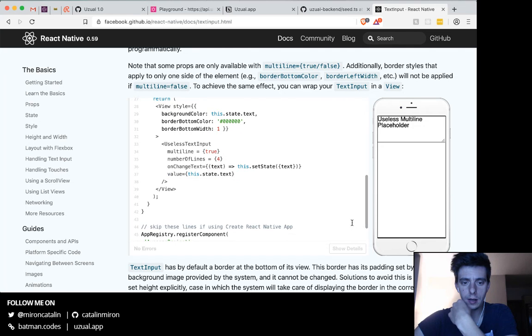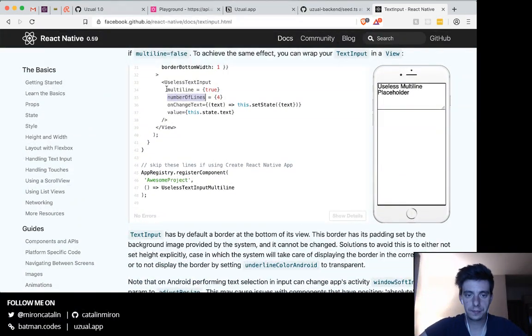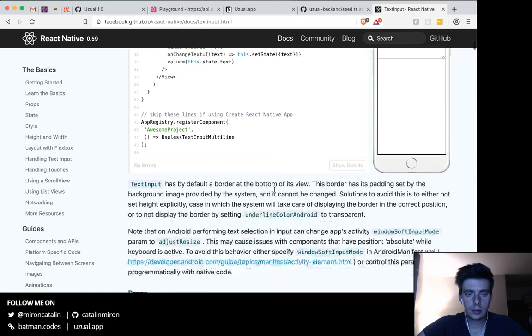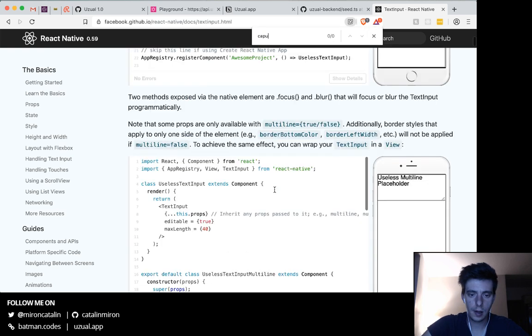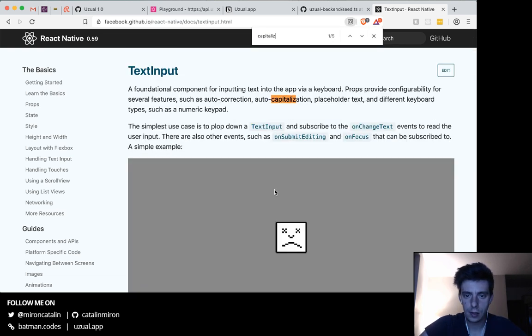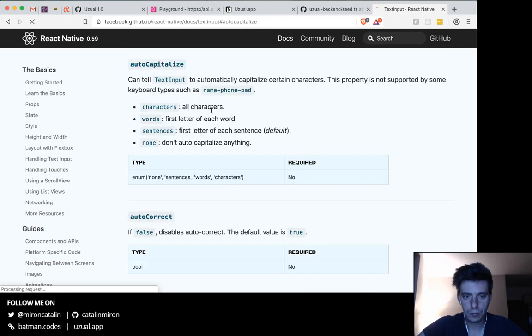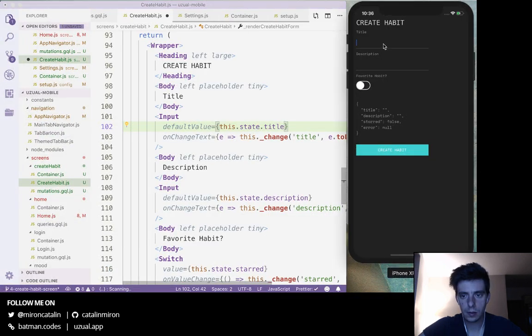Oh, this is multi-line. Nice. Yeah. I can also add this, right? I'm not sure. But capitalize. Auto capitalize. Okay. But